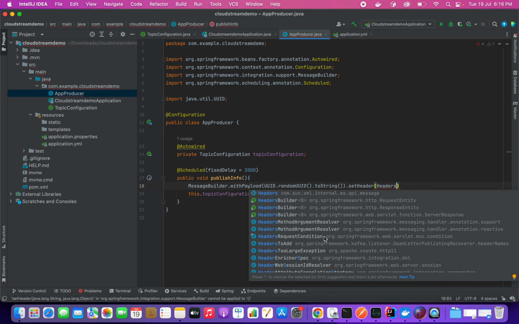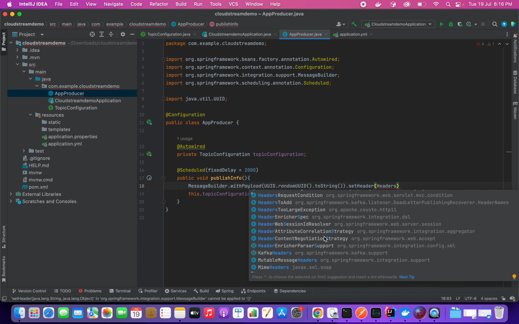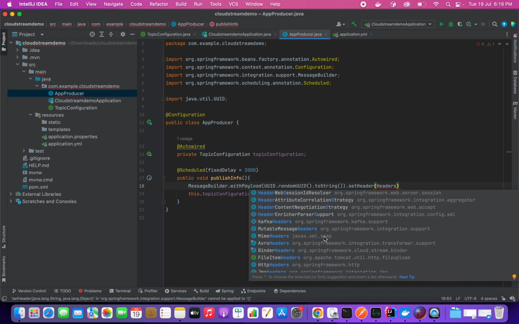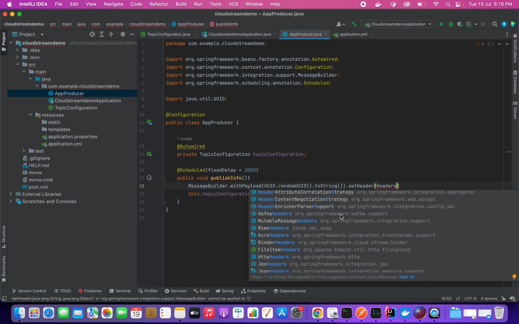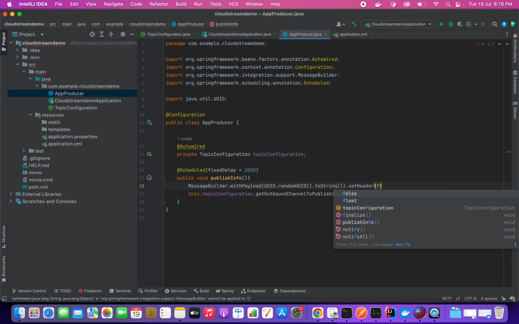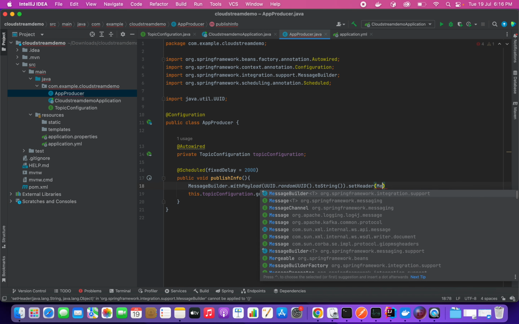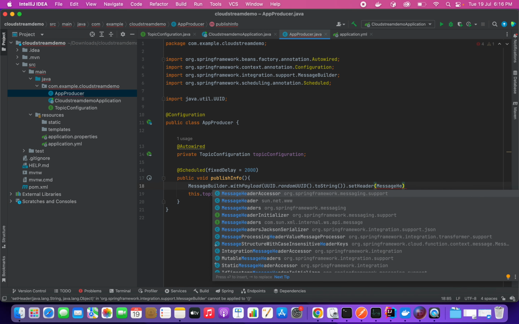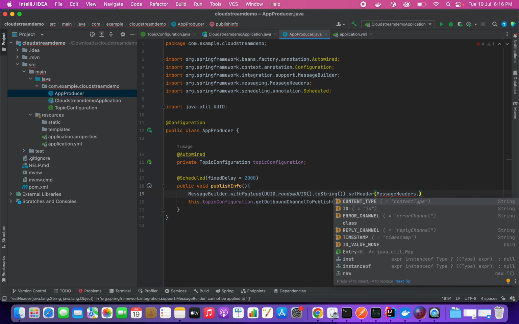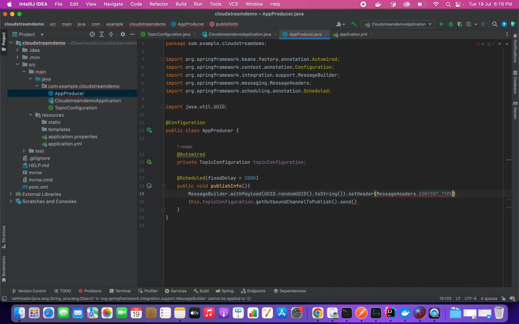Let me check what is the class. Looks like it could be a message header class. Headers dot, the content type is going to be